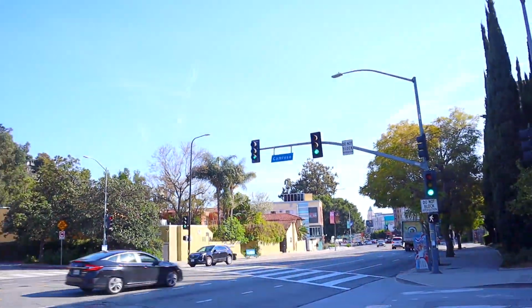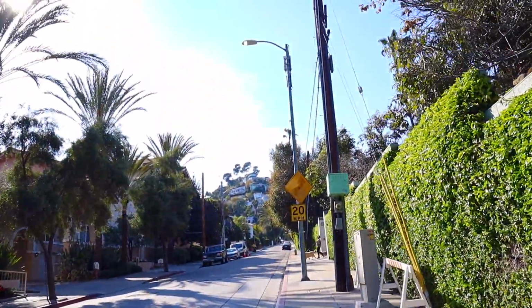On Camrose Drive, Camrose and Highland over there is one of the intersections that's supposed to get one of the new signs since the neighborhood has its official designation. Although I didn't see it there just now, so it might not be installed yet. But anyways, that walk I just took is really nice. I think less than a mile in length and nothing too steep when it comes to the stairs up the hills and that sort of thing. So it's a great walk for pretty much anyone of all ages and health levels for the most part,